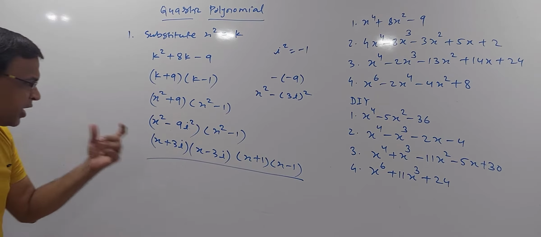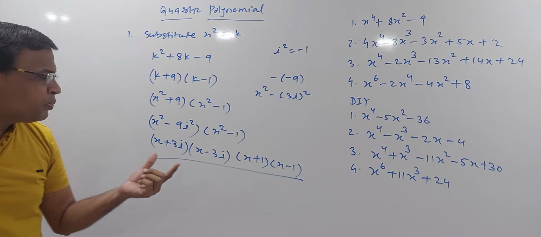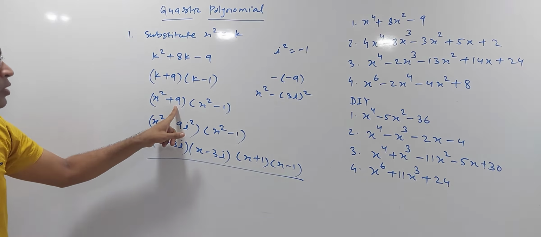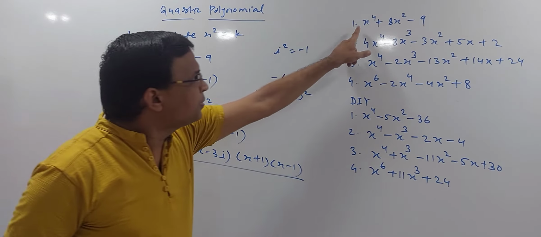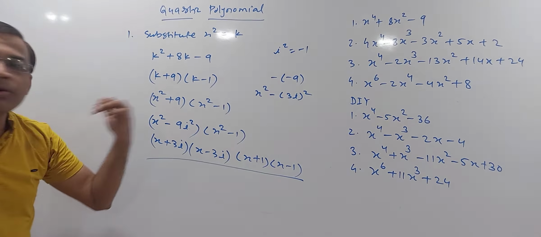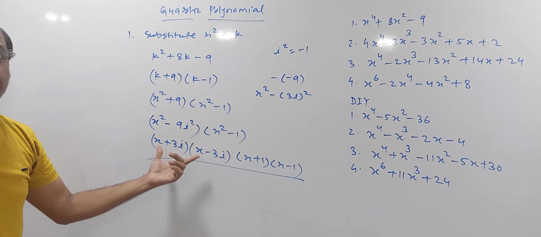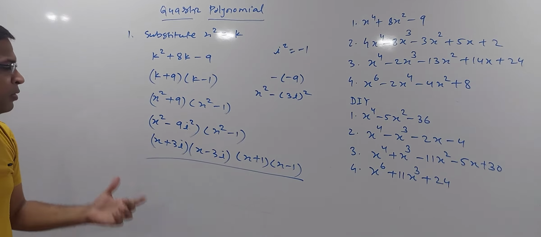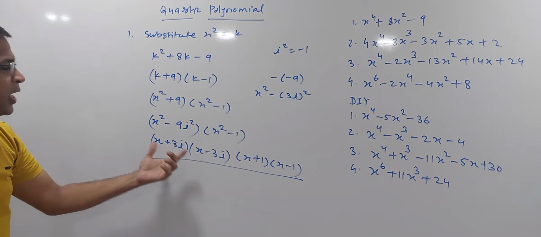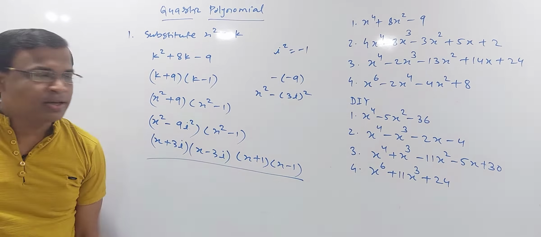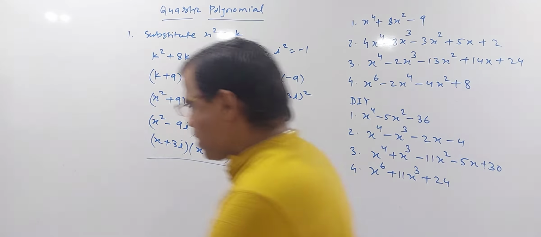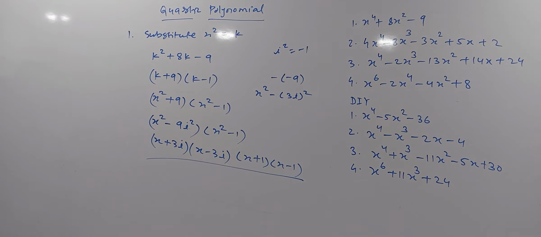Now see, once again I am repeating why they come in conjugate pairs: when you multiply them, you will ultimately get plus 9, the way it is given here. Since in our case the coefficients are all real, we can't get iota left in between. Because of that, they always come in pairs, the conjugate pair. When we get a conjugate pair and simplify it, we get back a real number. Fine, so this is the answer for the first question: x plus 3i, x minus 3i, x plus 1 and x minus 1.